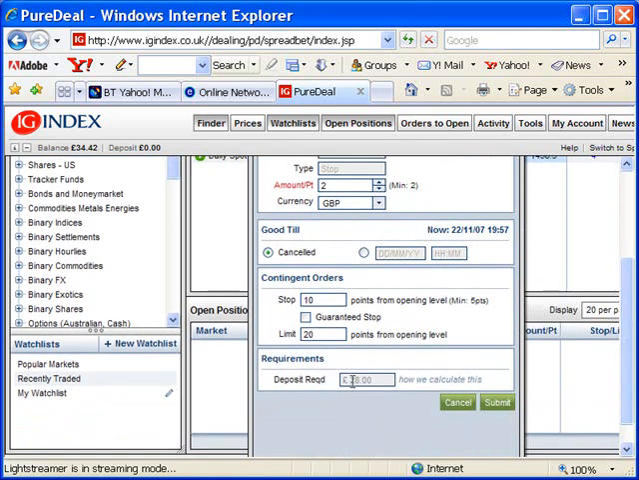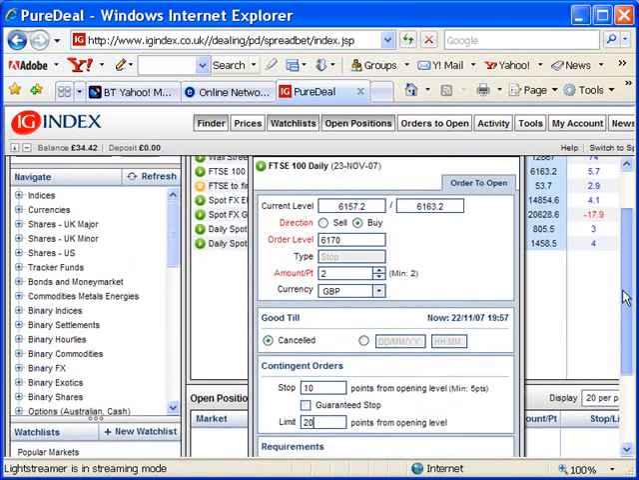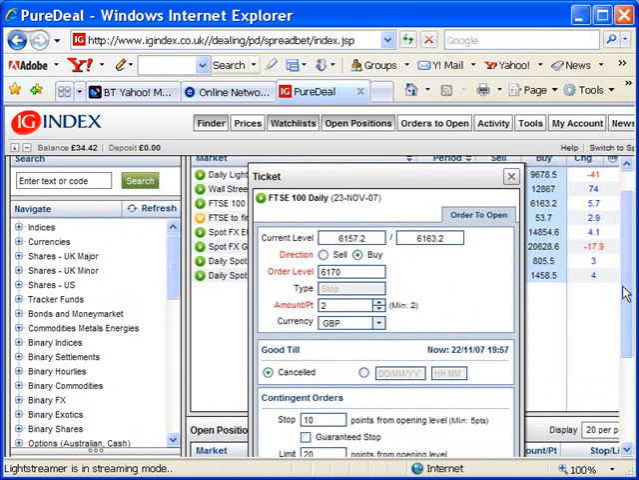This gives us the approximate amount deposit required, and if we wanted to go through with this, we'd click submit and we'd see a very quick summary of the actual trade, so you can see that for confirmation of what you've done. That gives you an idea of how to open an order for a spread bet using IG Index and for the FTSE index,